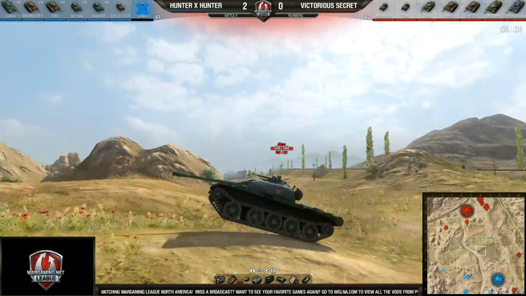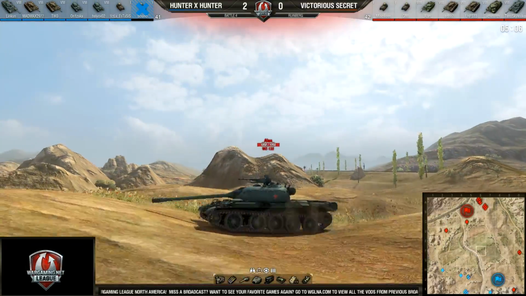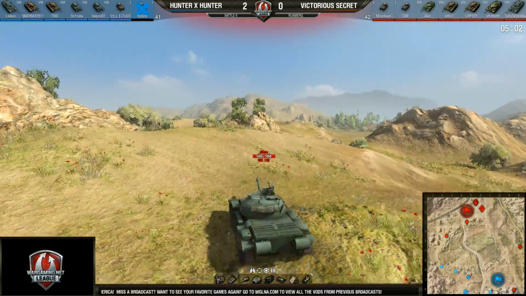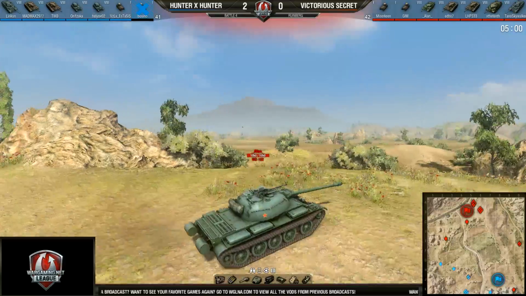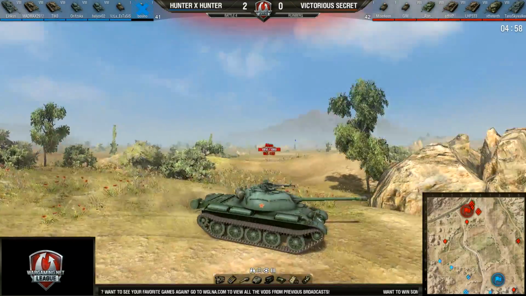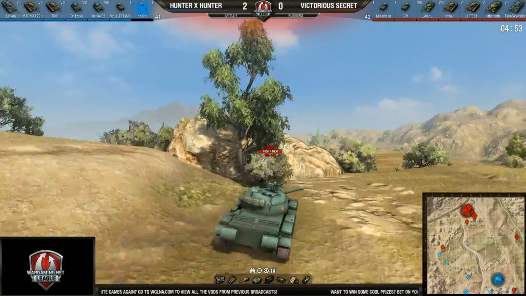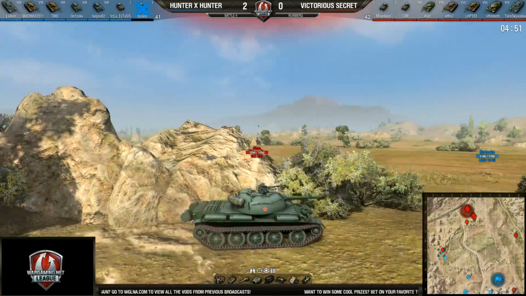WZ-132, it's a great little light tank, man. Whoa, a little crazy there, Alan. That rounded turret means that it's very hard to penetrate, but the hull is quite soft in comparison to some of the other tanks in the Chinese line. Yeah, the thing about the WZ-132 is in actuality most of its armor is really rather...